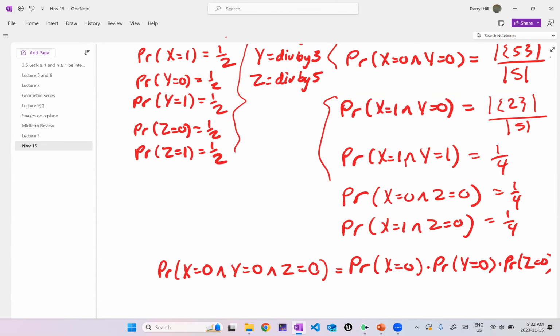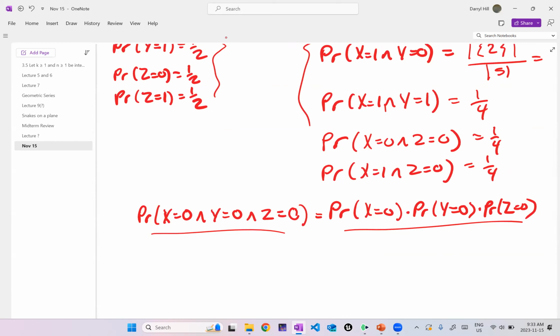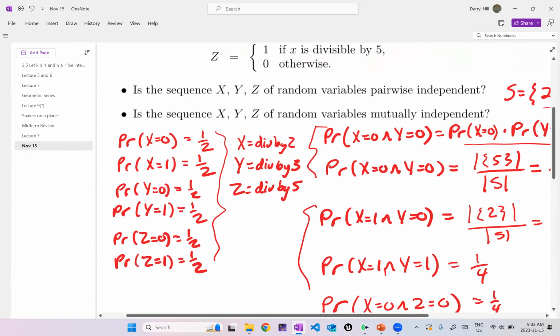Okay, but so yeah, this I know is non-zero. It would be nice if I could find one of these that is equal to 0. So this is the event that some number is not divisible by 2, and it's not divisible by 3, and it's not divisible by 5. And if I look at my set S,